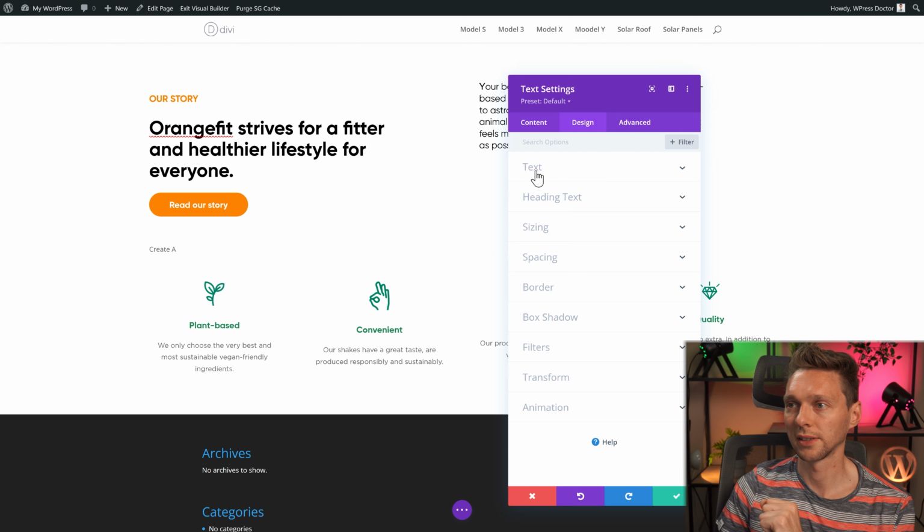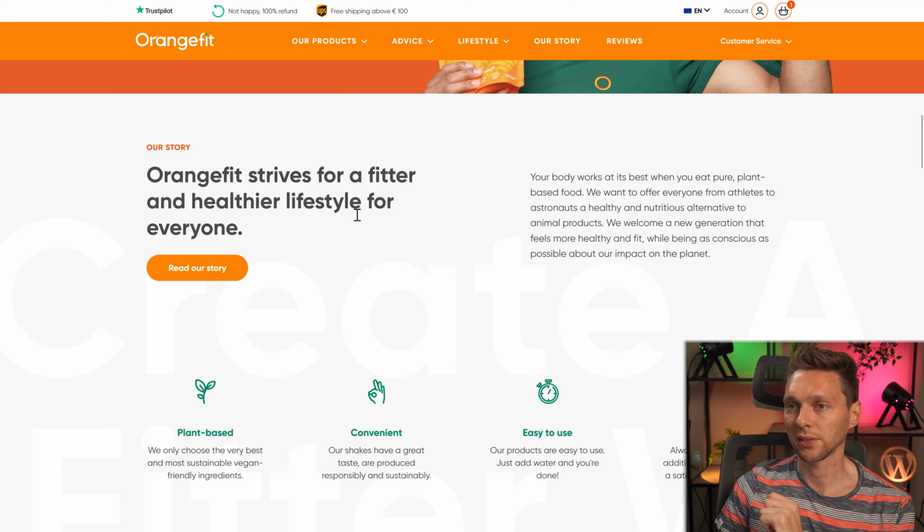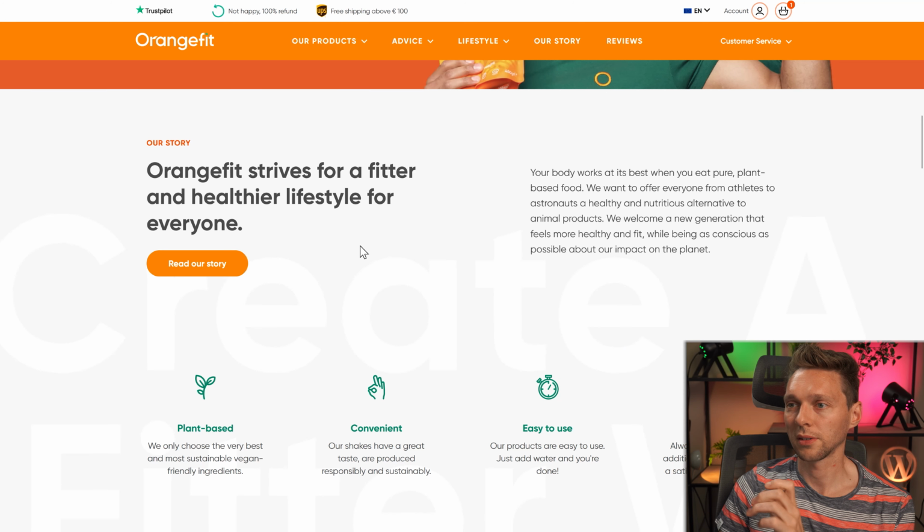Now go to design, go to text. We're going to select it. We're going to make it white because the background of this thing is actually not white. It is a kind of grayish. So we go with the background and we're going to add a color, which is this one, and just a bit grayish. All right, save it.